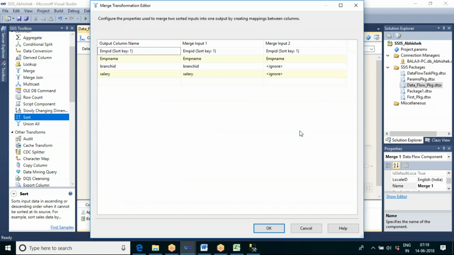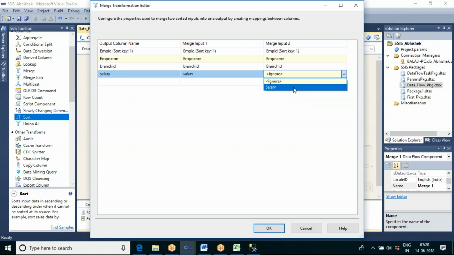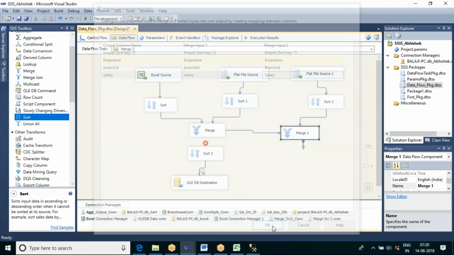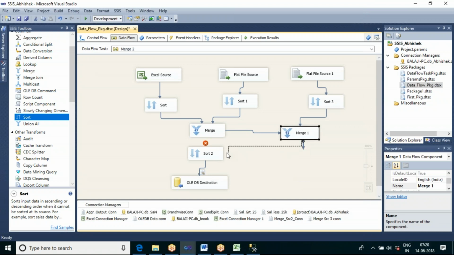Now let us go and map the alternate columns. If the column names are matching, it is automatically pointing out. Now let us go for branch ID and map the salary and the branch. Now this one, let me pass it to the sort.